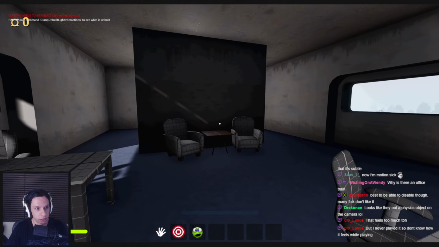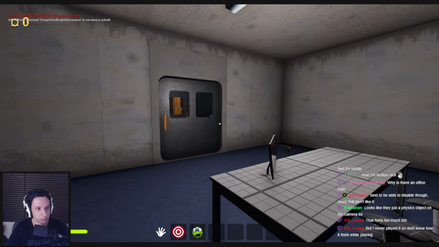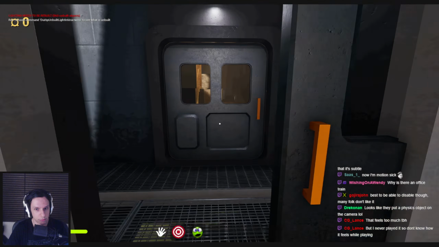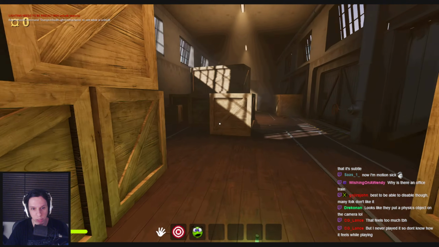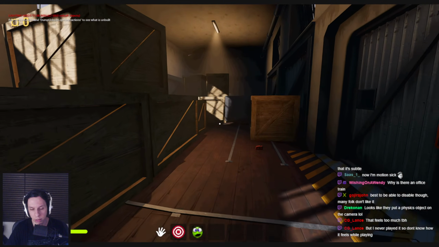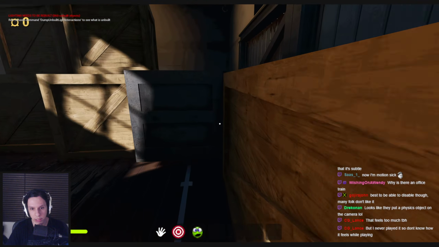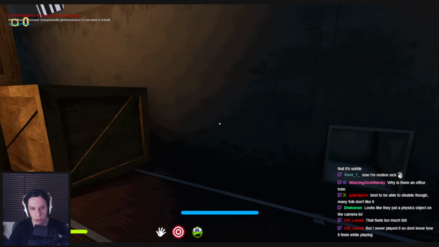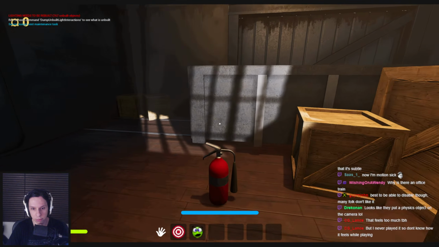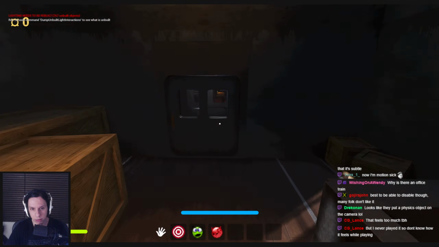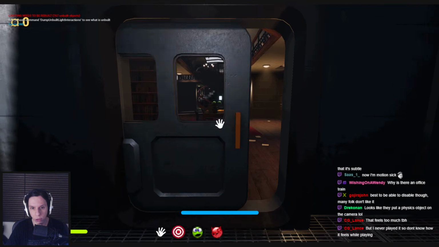Why is there an office train? Why not? I never played it, so I don't know how it feels while playing. My partner, who doesn't play these types of games often, gets motion sick. She gets motion sick watching me play, but it's only when I do really quick movements. I think that's more so because she's not used to